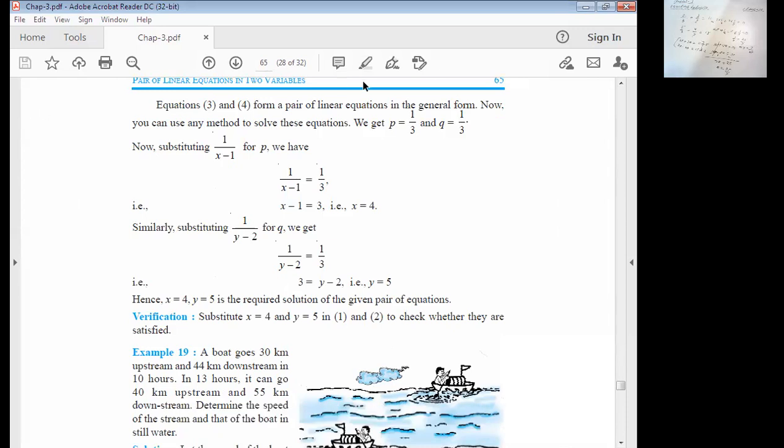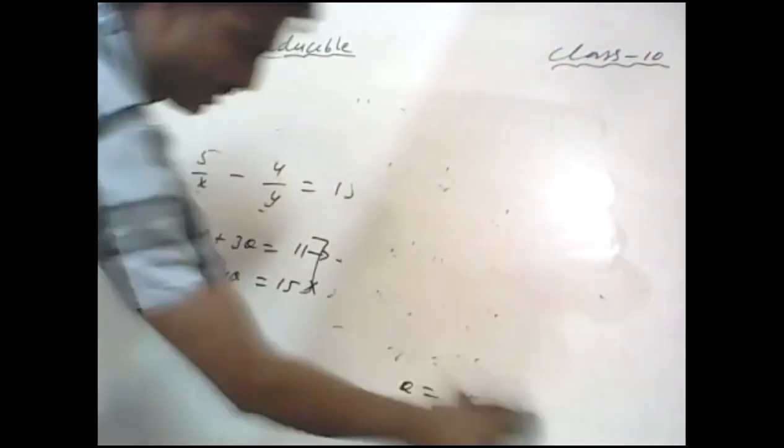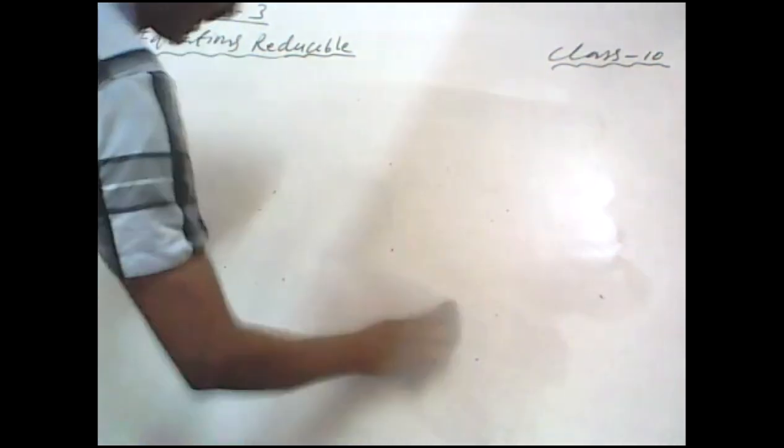Now students, it's a very important concept again, that is given in example number 19. It's a very important example because this concept is very unique and so many times CBSE board exams ask questions based on this concept. Understand? So please read this question carefully. Example number 19. Here I will discuss the concept of what is the meaning of downstream and what is the meaning of upstream. Right? So students, first we need to understand what is the meaning of upstream and downstream.